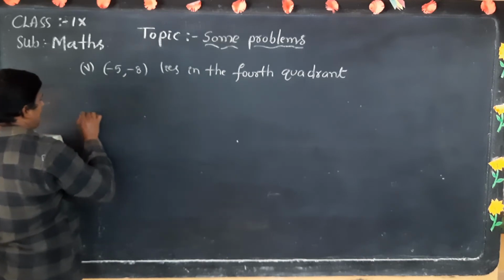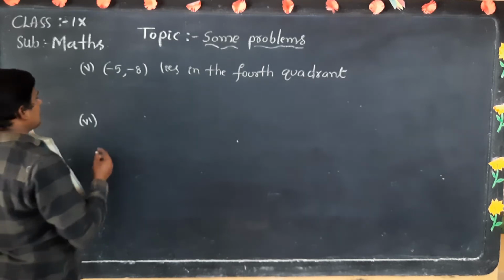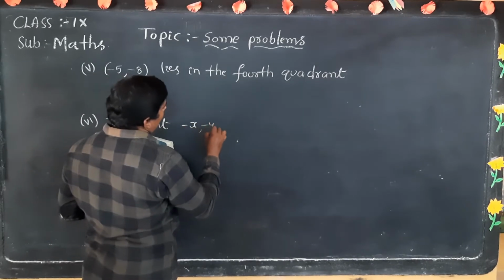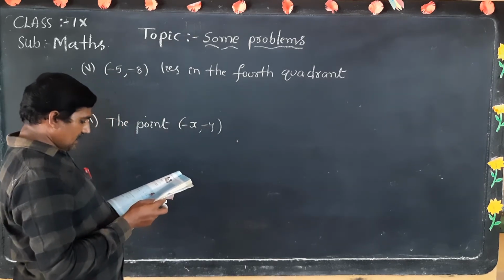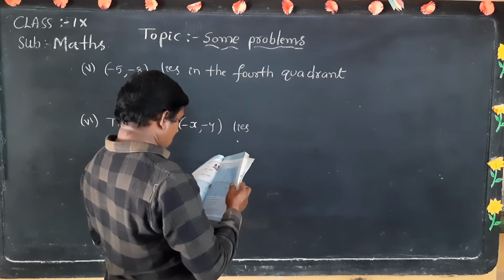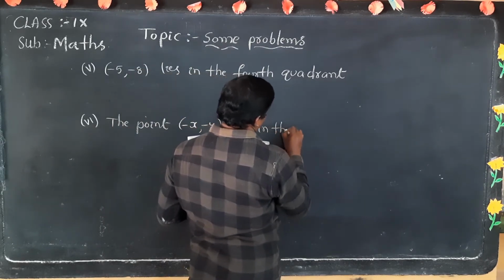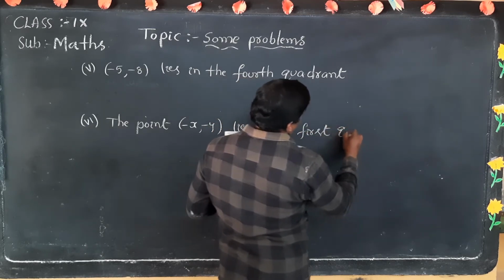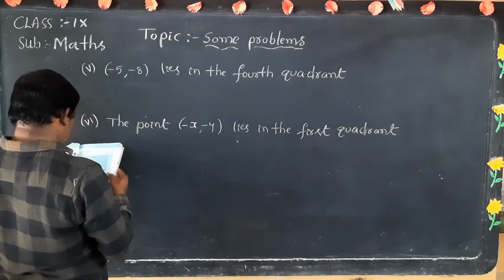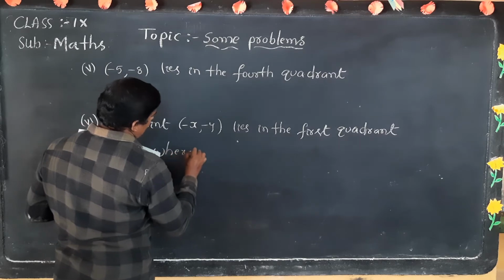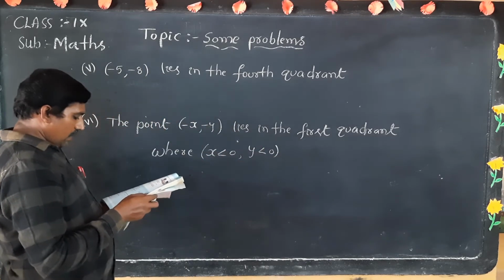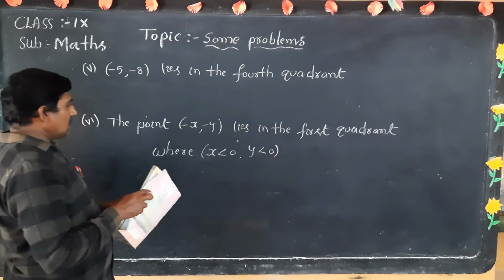And next, the point minus x comma minus y lies in the first quadrant, where x is less than 0, y is less than 0. Okay,